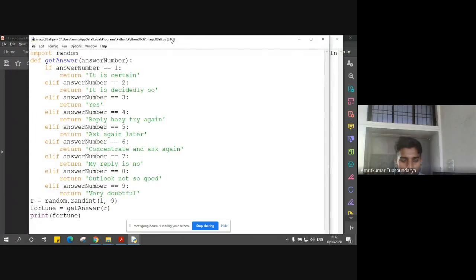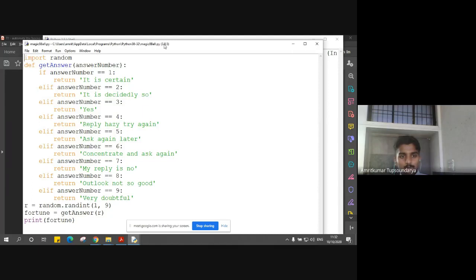So yeah, this was the reason why I repeatedly asked you to save the files, because we will be making use of the examples which we have already seen in our previous lectures to understand the new concepts. Only then will we be able to understand what the previous method was, what the new method is, and how the new method is different from the previous one, right? So I hope you have opened your Magic 8 Ball program.